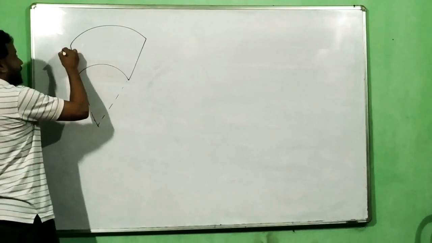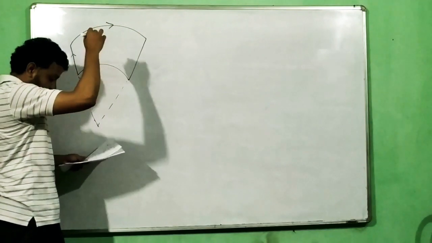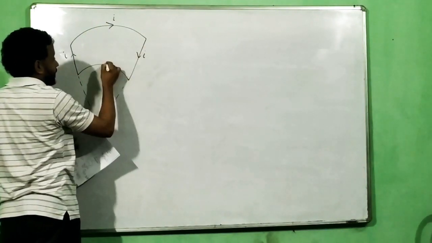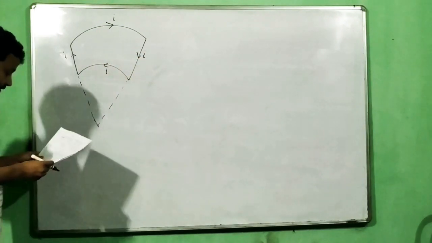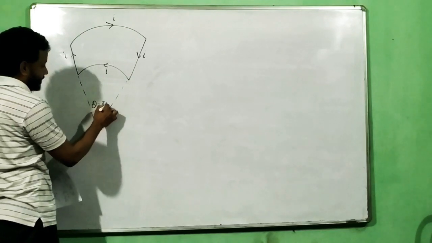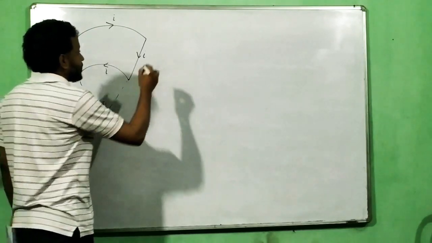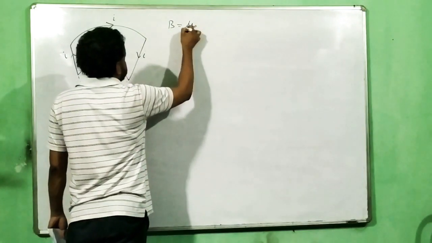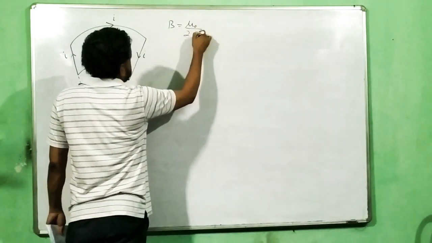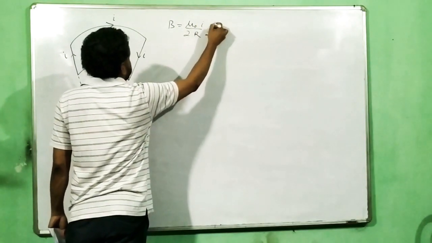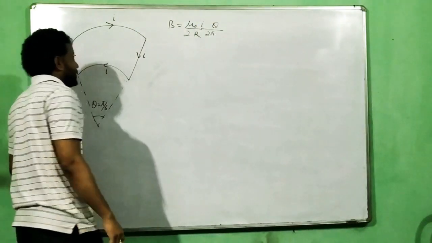current carrying is I, let us say. I, and I. And this angle is theta, which is pi by 6 given to you. And the formula which we need to know for doing this question is mu naught by 2r, where r is the radius, into I, 2 theta by 2 pi. This is the formula which we need to know.